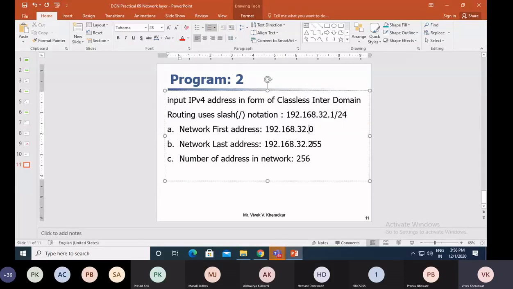The last network address has the last 8 bits as 1, so it is 192.168.32.255. And the number of addresses is 2 raised to 32 minus n, which means 2 raised to 8, nothing but 256. So this is the second program, based on classless addressing, and these are the two programs belonging to the next network layer experiment, based on classful and classless addressing.